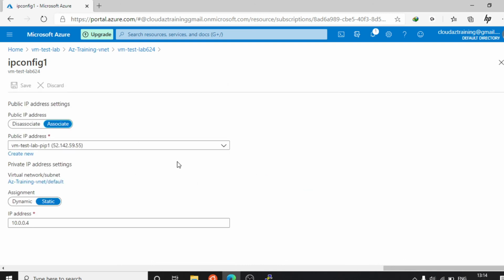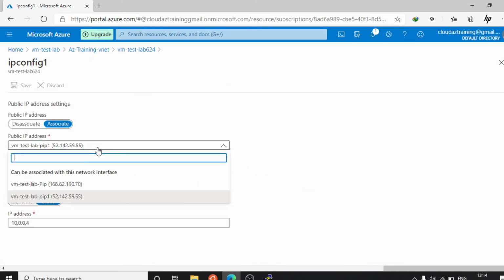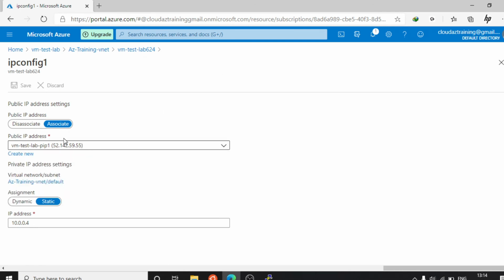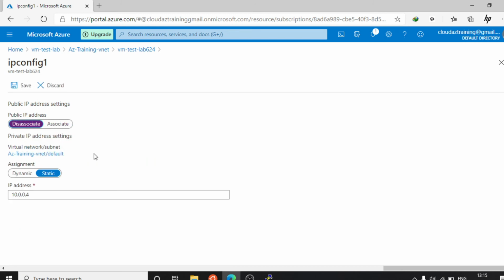Okay, after IP config, just click on the private IP. From here, if you are going to attach another public IP, like the production IP, the production IP will be here after detaching it. For attaching, just choose and save. For detaching, currently I am going to detach, so just deassociate this and save.